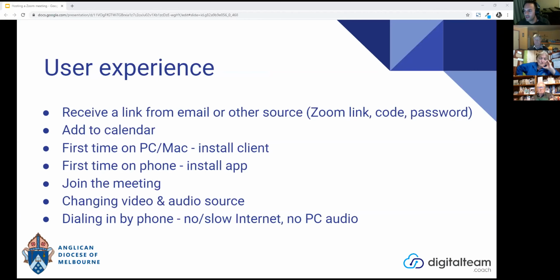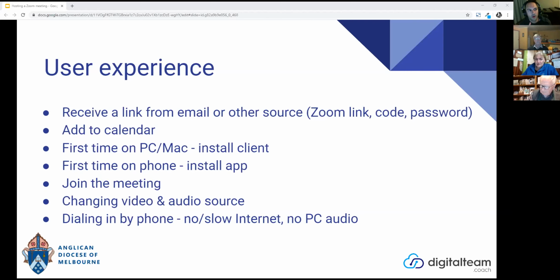So the user experience, which you've kind of gone through, I'll just talk that through with you. You receive a link in the first place inviting you to the meeting, and you might receive that over email, or there's a link that the administrator gets when they set up the chat room, that could be pasted into a Facebook group, or onto your email newsletter. And there's the option to have registration or not have registration. Like we did for this particular meeting, you needed to register your name and email address. So that's an option we can turn on or off.